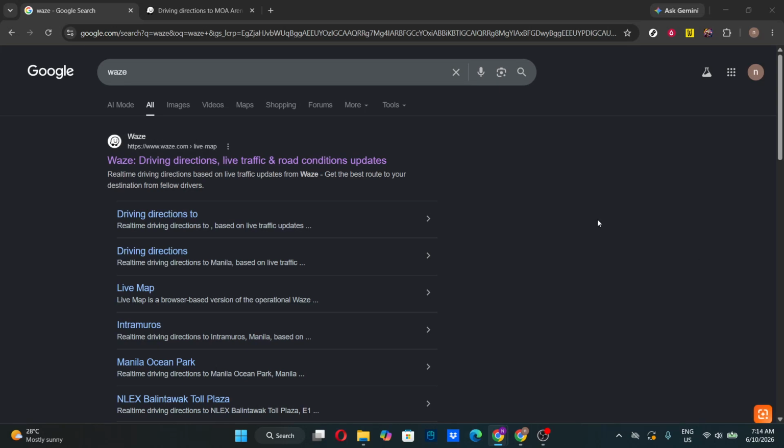In today's video, I'm going to teach you how to locate a speed camera on Waze. To get started, open Waze. You can do this in your browser or through the Waze platform shown on your screen. Once you're inside, take a moment to make sure the map has fully loaded so it's easier to navigate and